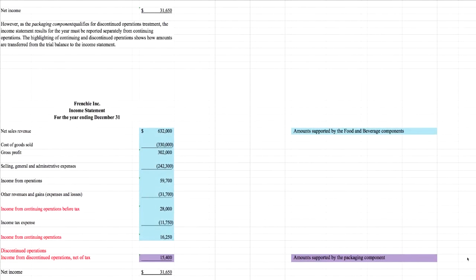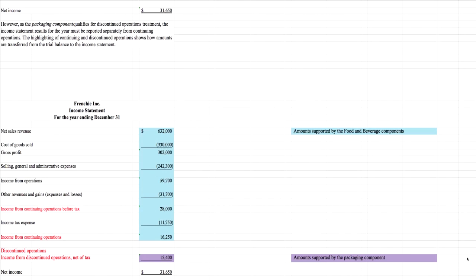The difference is we've taken that packaging division and moved it all down below to put the world on notice. Hey, when you're trying to predict future performance, you better exclude the sales, the revenue, the expenses, the losses from that particular division, because it's not going to recur in the future because we plan on selling it off within the next year. So that's at a high level. Don't worry too much about the numbers. I really just wanted to emphasize the format.